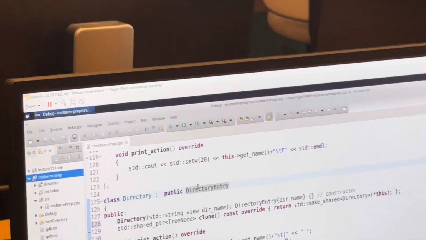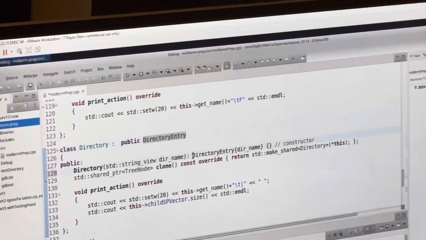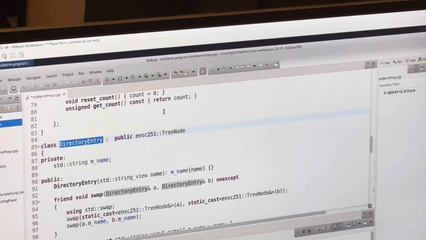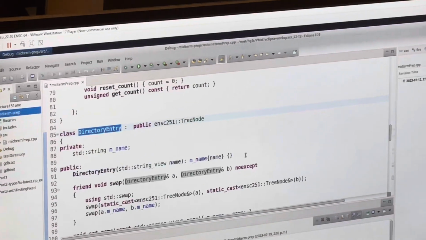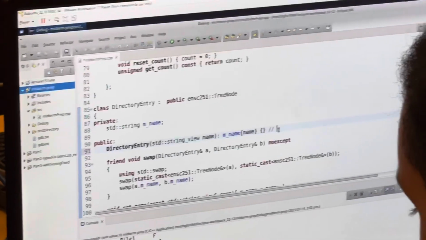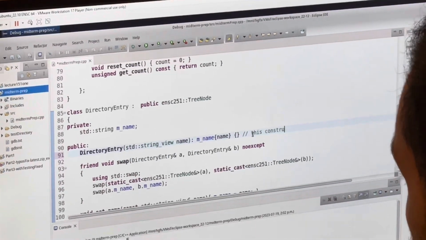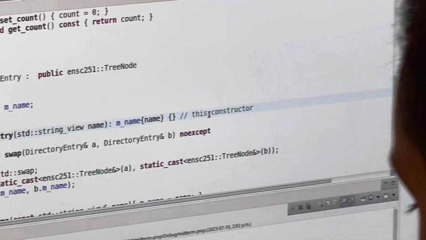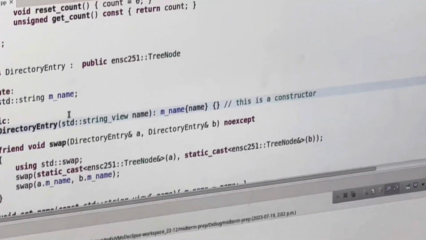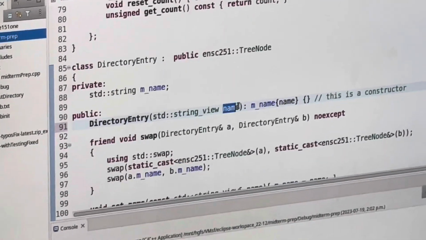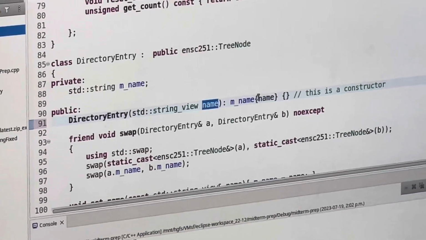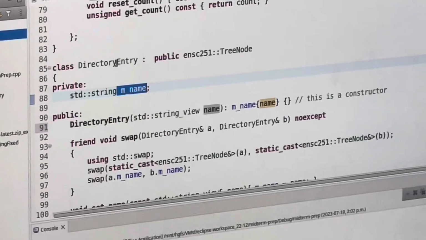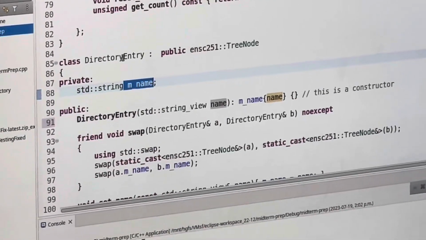Right? And then it's going to be taking from directory entry. So now it's calling directory entry over here. And if we open declarations right here, it goes to this constructor. Let's just say this is a constructor. This one also only takes the name input, and what it does is it immediately puts it into mname. Right. So now we have stored the name variable,